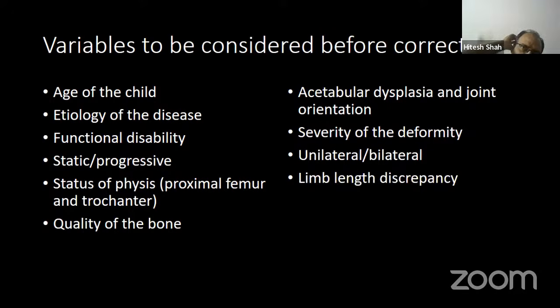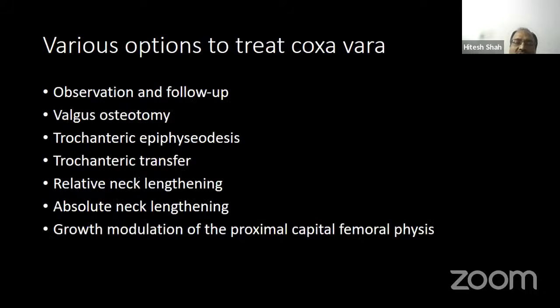It will be associated with limb length discrepancy along with the Coxa Vara. Valgus correction may correct about 1.5 centimeters of limb length discrepancy, but if it is more than that due to growth arrest of the proximal femur, it will require separate correction,